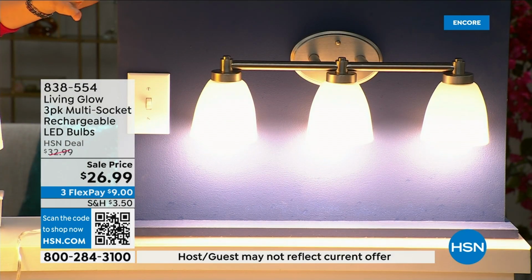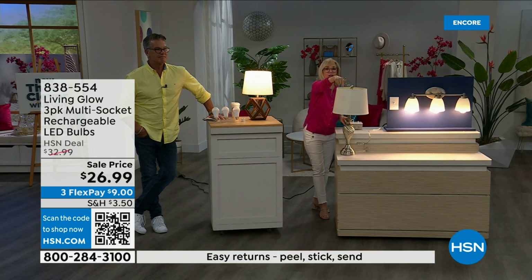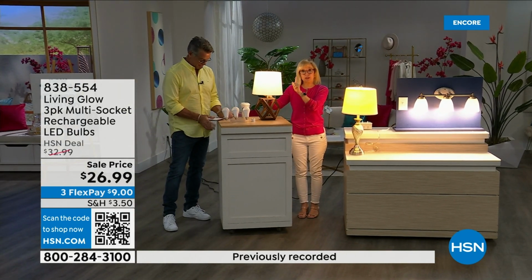Okay, both are on. This is a regular bulb, this is Living Glow. 1, 2, 3, power goes out, Living Glow will come on. You have a battery for up to 6 hours. You can also, let me show you over here, what's brand new with this, and this bulb has been our